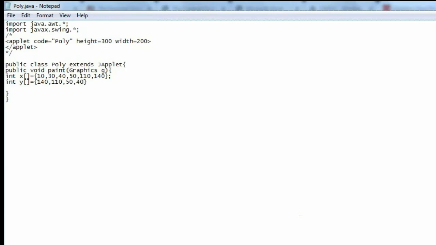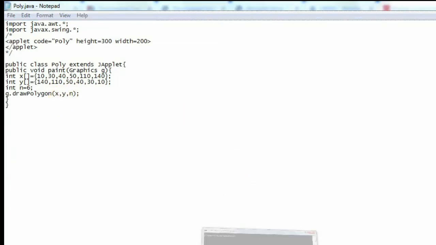Okay, you can draw regular figures or irregular figures based on the figure that you want to draw. You will be choosing the coordinates for the figure. So it is reverse. The coordinates are 10 comma 140, 30 comma 110, 40 comma 50, 50 comma 40, 110 comma 30, and 140 comma 10. Okay, x y, x y, x y and so on. The number of points is 6, so n is equal to 6.